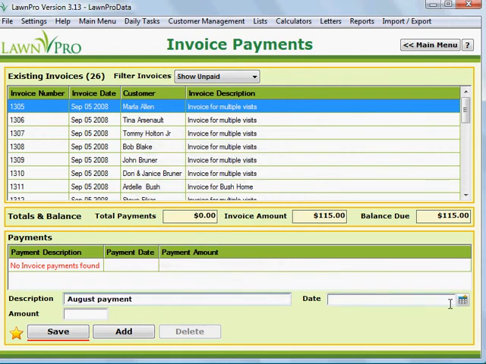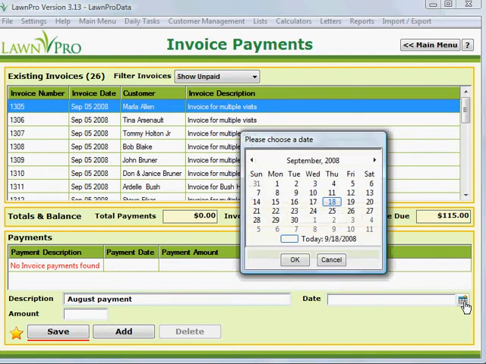Then you come over here and select the date that it got paid, or if you don't know, sometimes I have applied them all on one date. It doesn't actually show anywhere, but it's probably better that, since you have the payments coming into you, you kind of do it where it showed up. So anyway,